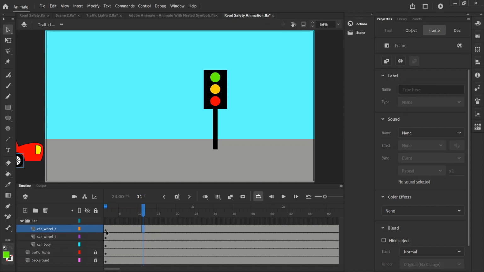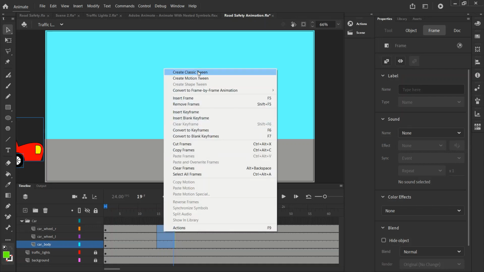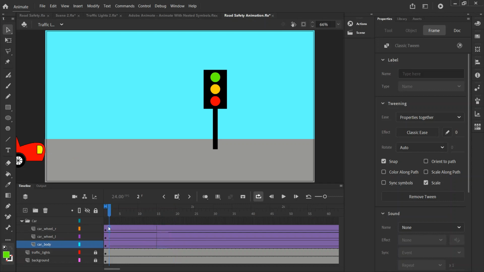So between the first and second keyframes on those 3 layers, I'm going to highlight some frames together. It doesn't matter which frames I highlight as long as they're between the first and second keyframes. And if I right click and create classic tween,